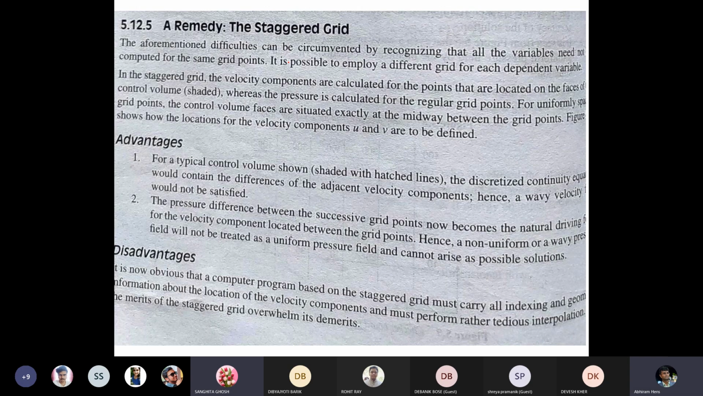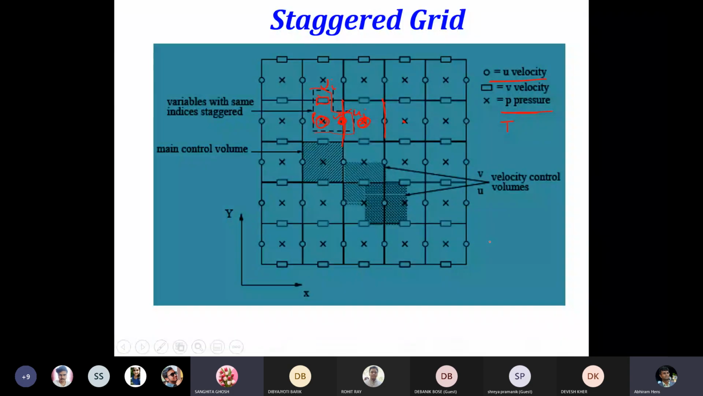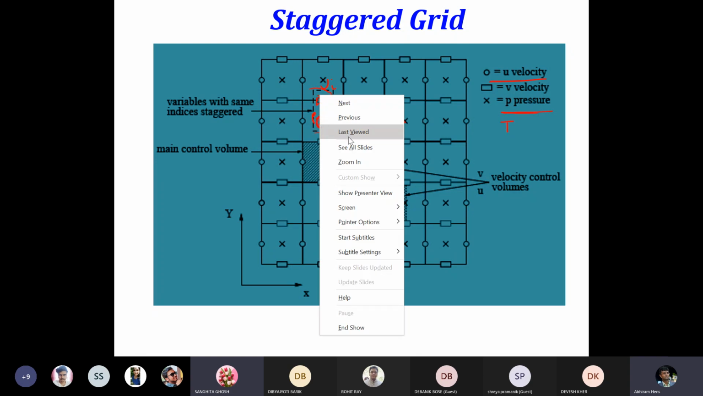Its advantage is like this: for a typical control volume, as shown there, the discretized continuity equation would contain the differences of adjacent velocity points. Hence, a wavy velocity field would not be satisfied. The pressure difference between the successive grid points now becomes the natural driving force for the velocity component located between the grid points. So in this kind of arrangement, this u velocity will be determined by the pressure at this point and this point, these two consecutive points, rather than